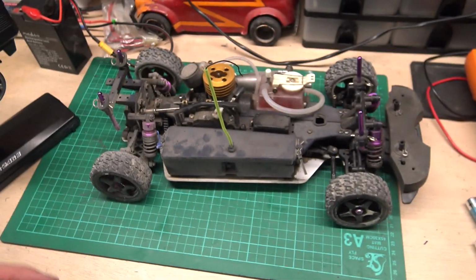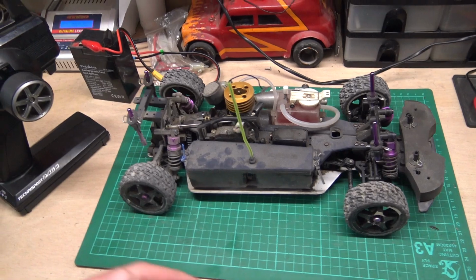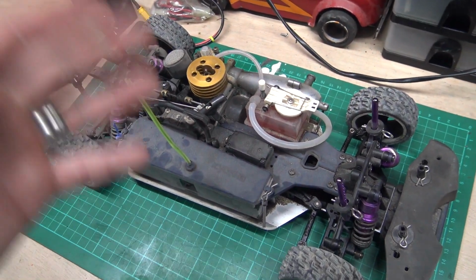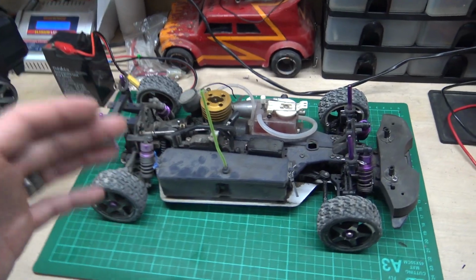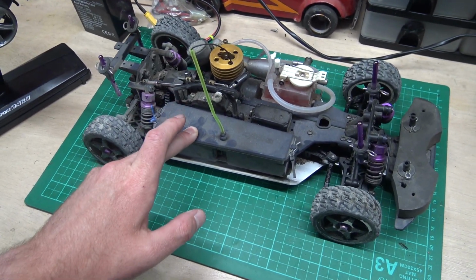One of the other things I get asked a lot about Failsafes is: Failsafes are all very well and good, but surely the servo needs power, it needs electricity, in order to put the brakes on. Well, that's 100% true. So if you have some sort of malfunction where either your battery becomes disconnected from the receiver,